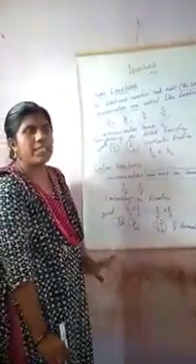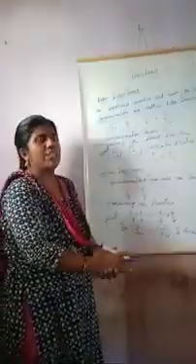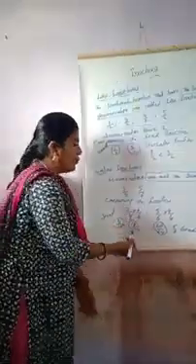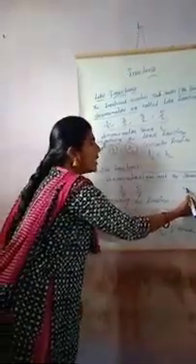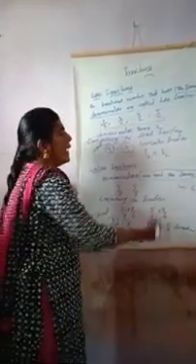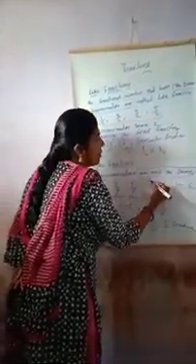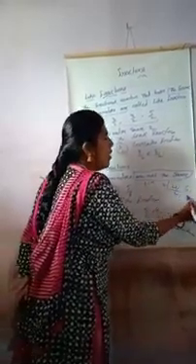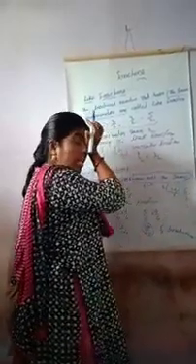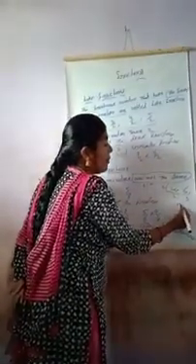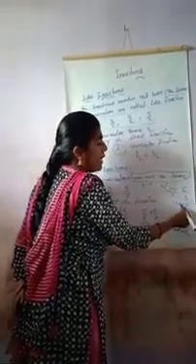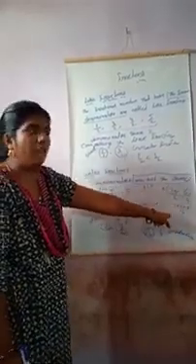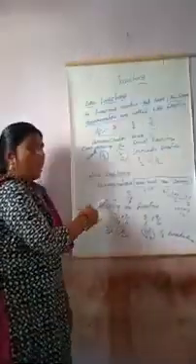Comparing unlike fractions, first you change to like fractions. How to change? First take the denominators 4 and 6 and get the LCM. 2 2s are 4, 2 3s are 6. So the LCM is 2 into 2 into 3, which is 12. First you get the LCM, 12, then multiply to the fractions. Okay.